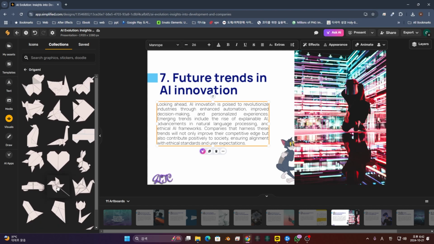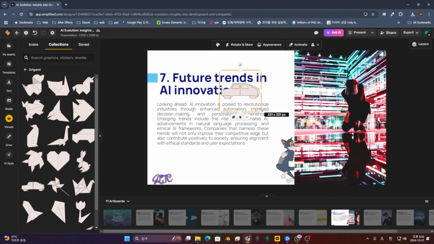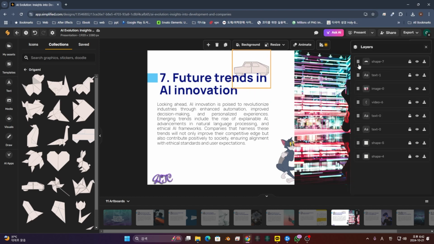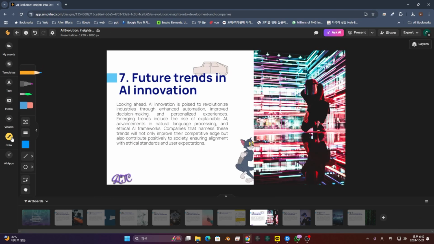Maybe something like this. I will scale this down a little and put it above the letter. I think it has to go back. In this case, we can use the layers again. Okay, I love it. And then if you want to draw something, you can also do it by going to draw,